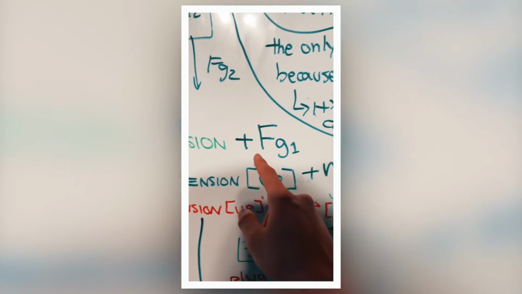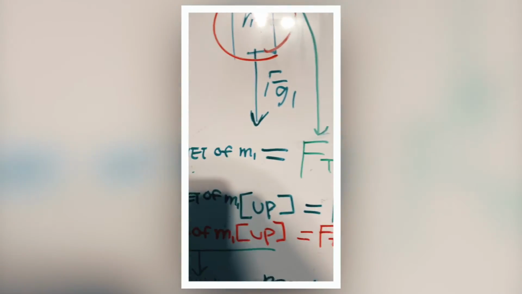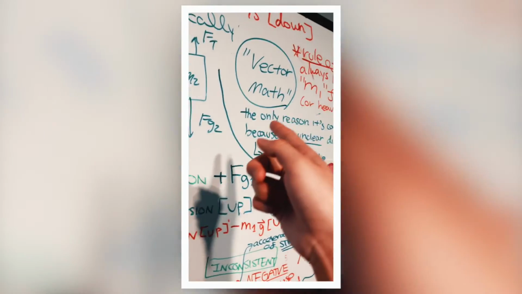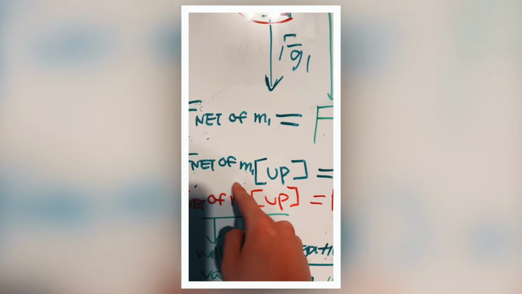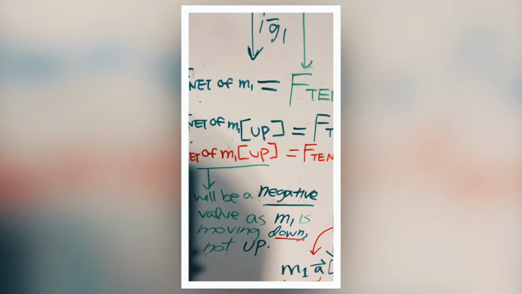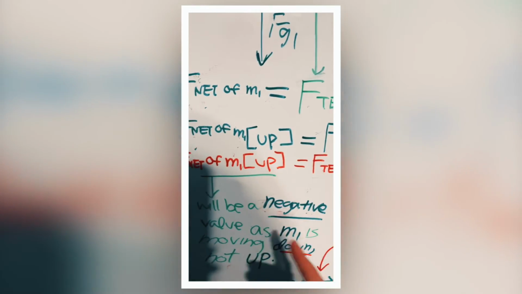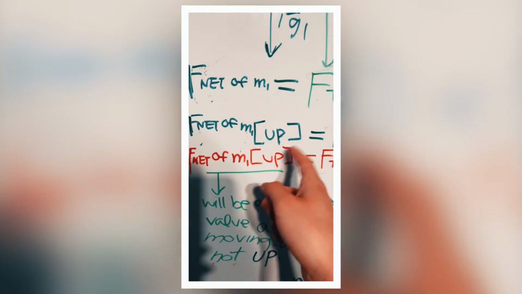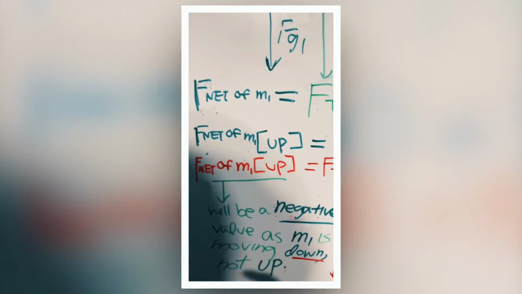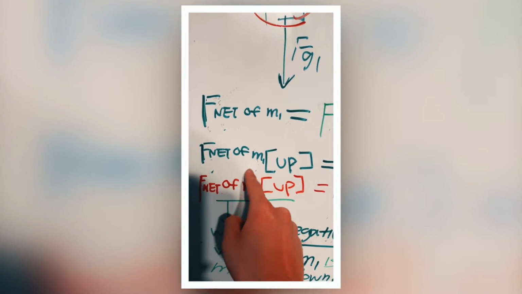The first equation, though, we're ignoring the directions. So we're just adding plus, because plus and minus, that's the territory of vector math, which is where we're dealing with directions. And next we've got to put this in vector form. So we say F net of M1. What I would recommend you do, I know Mr. Claus didn't write any direction signs, but I would definitely recommend you write these signs, because it's going to help you massively, especially regarding the signs. So net force of M1,